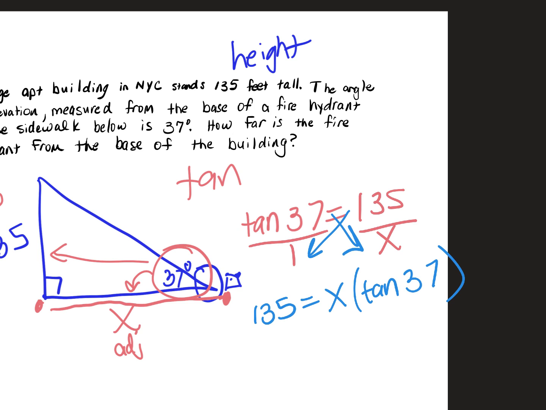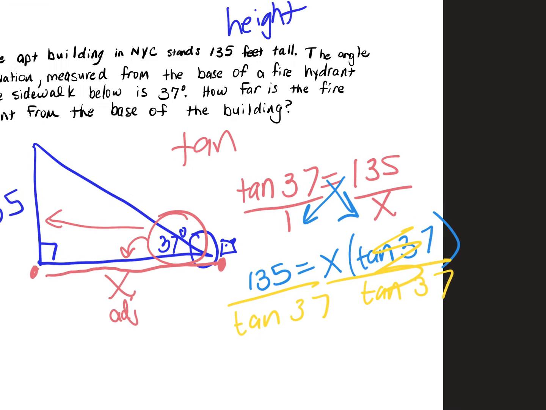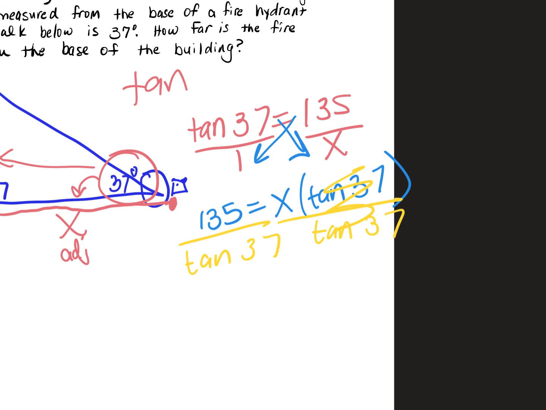What you're trying to do is solve for x. So we're going to divide both sides by the tangent of 37. We want to get x all by itself. So making sure that your calculator is in degree mode, you're going to say x equals, and you hit 135 divided by the tangent of 37. And you get